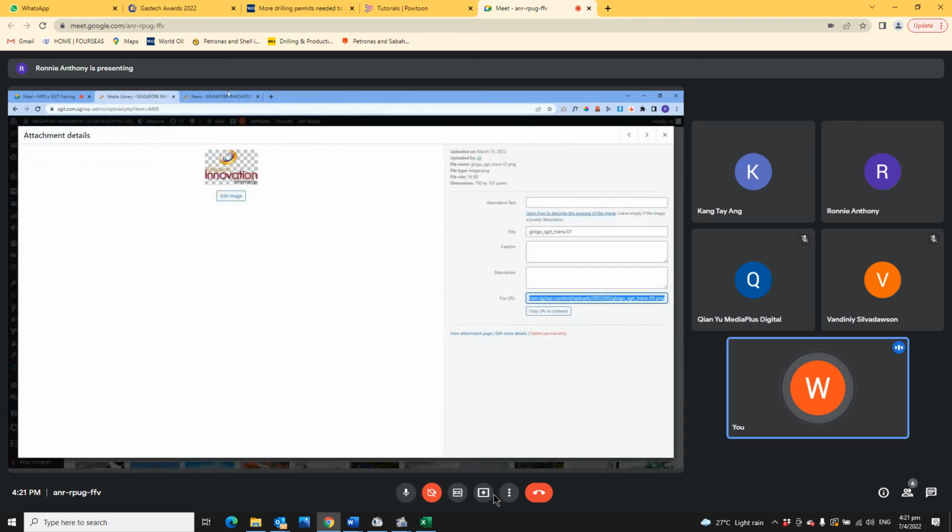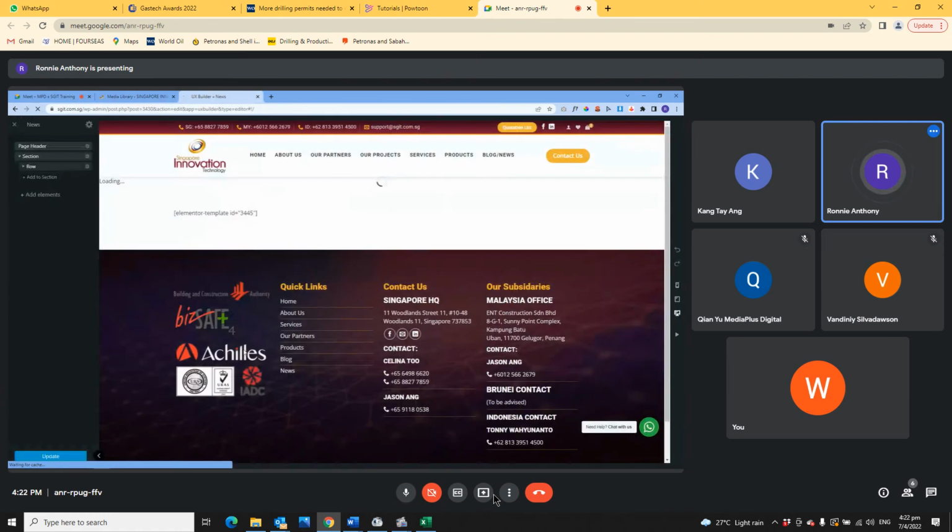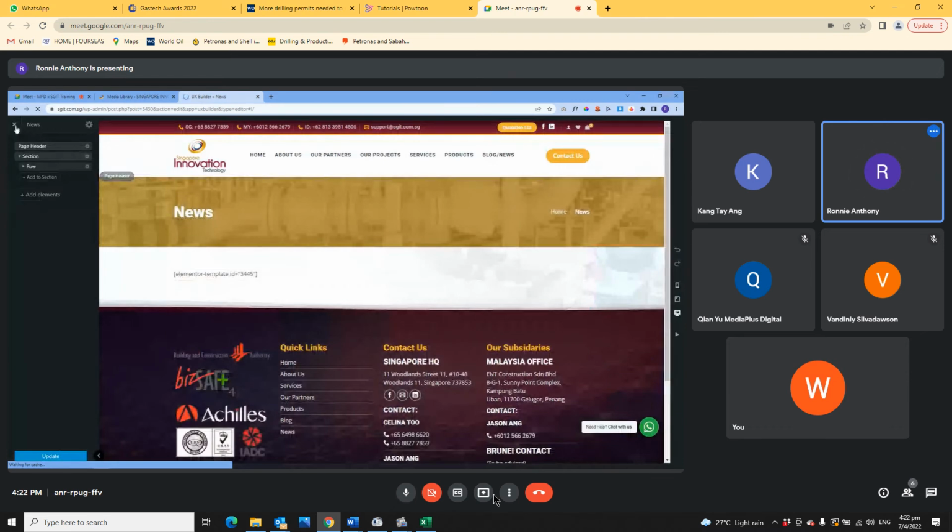So let's say for example you want to link this button to that particular PDF file. You just open up the UX Builder again, and then you key in the URL that you extract from the media library. This one is under the tab